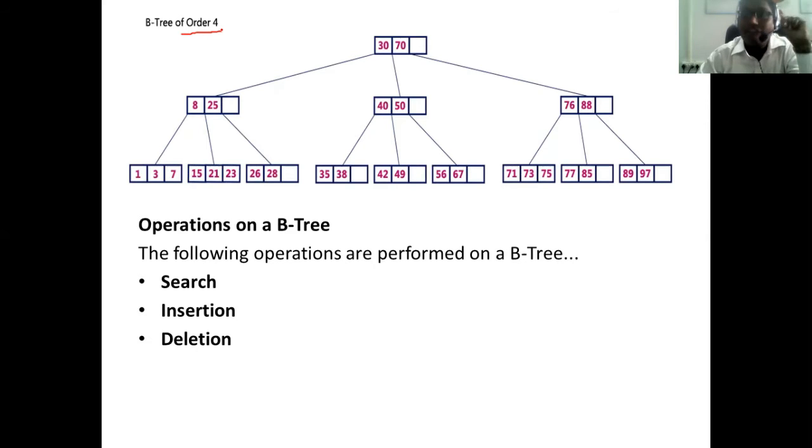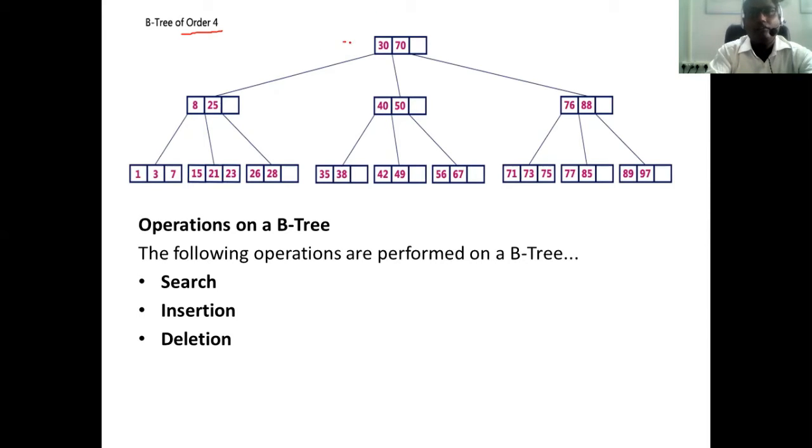Every internal node contains m divided by 2 children. The maximum number of children possible: if the order of the tree is 4, we can give four children to a particular node. But the minimum criteria is at least m divided by 2. Except the leaf node and the root node, every internal node contains at least m divided by 2 children. That means 4 divided by 2, so the internal node contains at least 2 children. Got it? Okay. So this is the simple example of it.